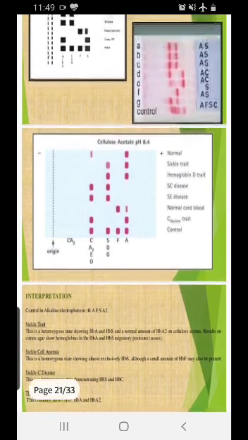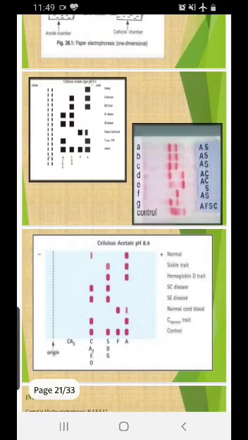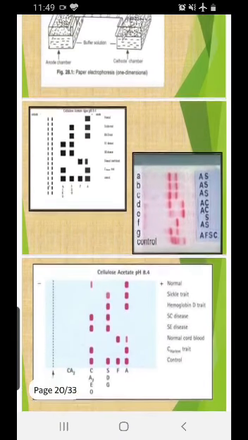Okay, and the below one is the control. Now let's see this. The upper picture is not very clear on the right. You can see above is A and S, sickle and A. Sickle is majority, and then A and S, then A and C. Okay, so this is basically the opposite of this.